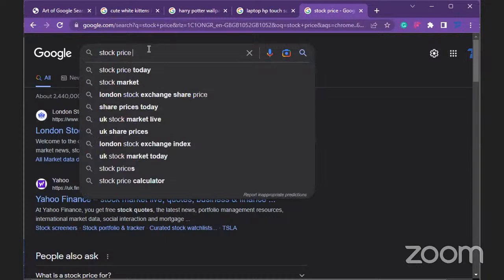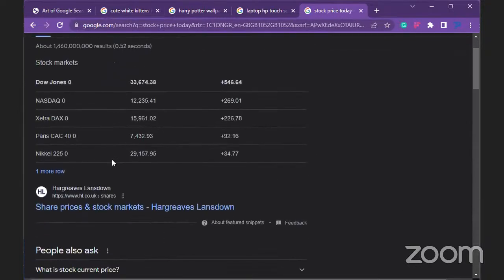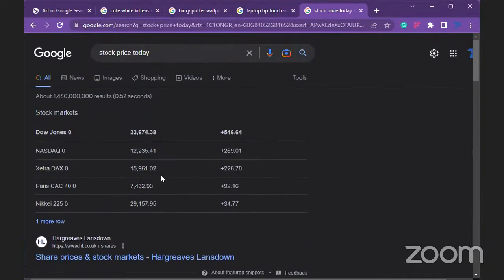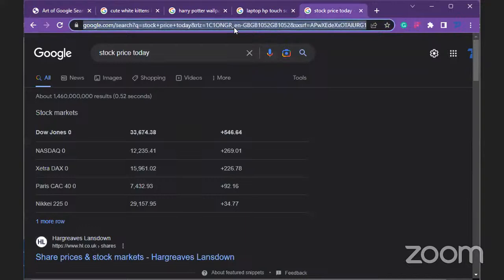This should show stock price today. So it shows you the list of stock prices that we've got. At the same time, even if you knew the others, I'm sure not many people know this, you can use it to create mathematical graphs. Say you want to create a graph, so let's go graph